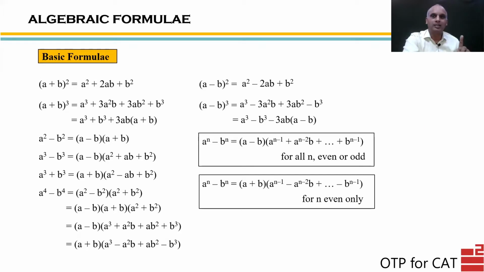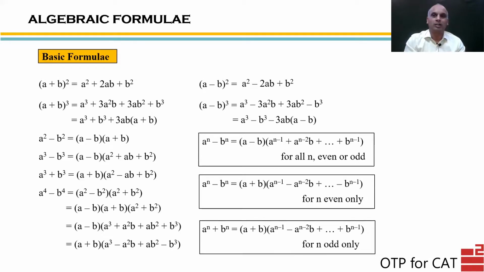And third and last general formula will be for a to the power n plus b to the power n. And that is a to the power n plus b to the power n is equal to a plus b into, now second bracket will have again terms in alternation with positive and negative. So it will be first term positive, then negative, then positive and negative. Understand here that this will end with plus b to the power n minus 1. And this formula is valid only when n is odd number. You can connect these formulas with the previous four formulas and remember these formulas.